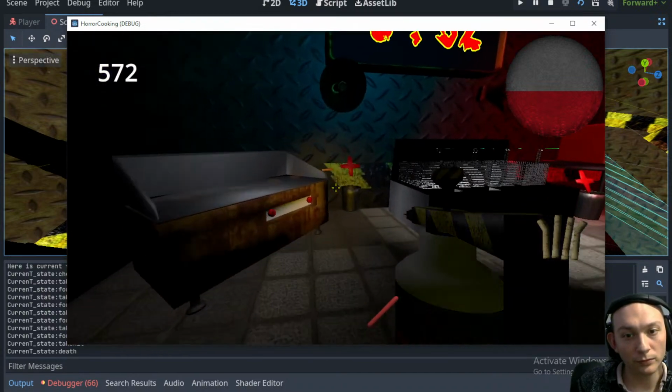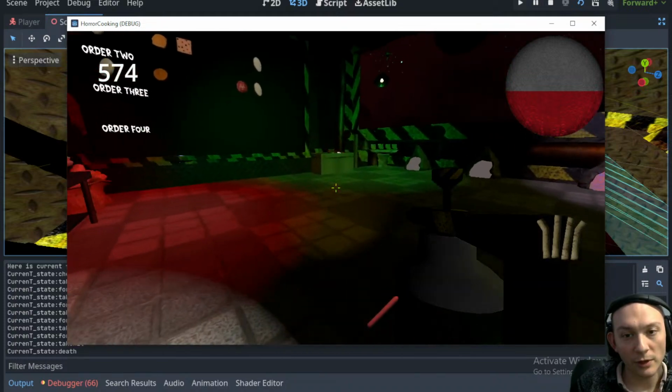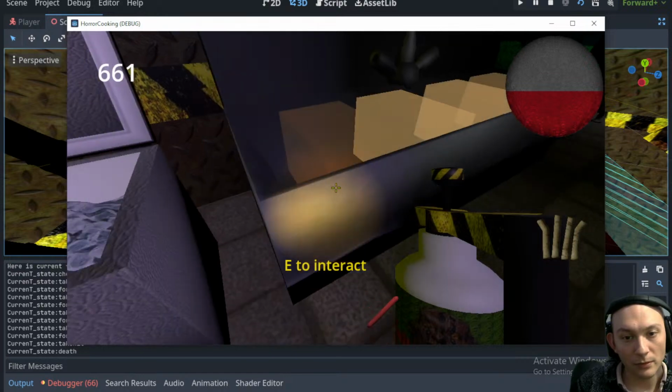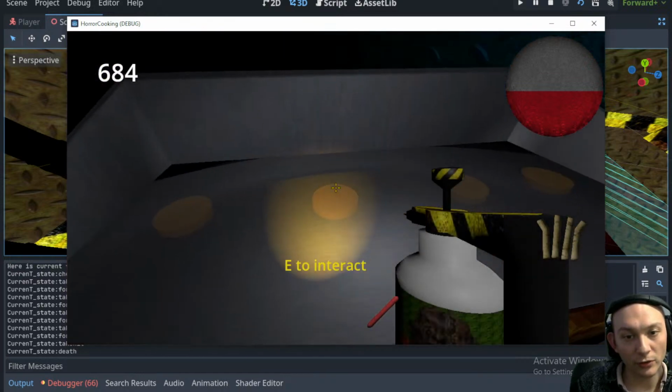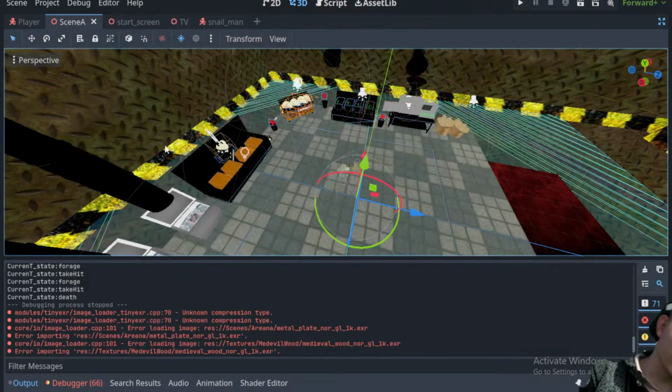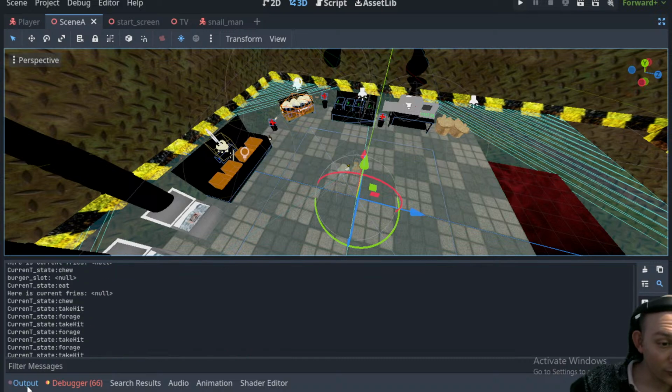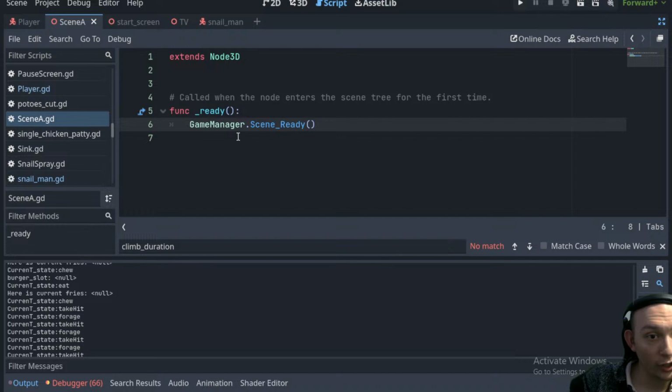Cool. Yeah. Nice. I can cook this now. So, what was the issue? The issue is that I can still take it while the snail guy is there. So should we disable collision while snail man is there, or should we just, I think we should be lenient to the player and allow you to still take the burger, but we should